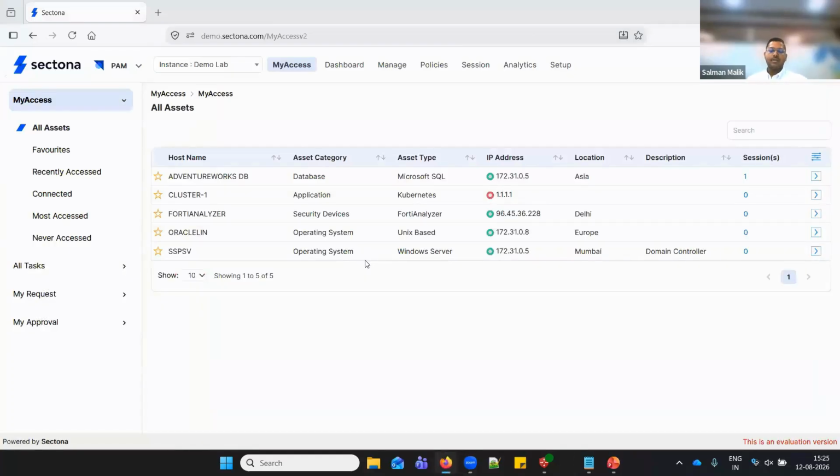Now, moving on to another section, which is the security and compliance section. In security and compliance, we have now brought in a capability to define password policies for emergency accounts. By emergency account, what I mean is, let's say, root account or administrator account, which are the built-in accounts of the operating system. Then on the database level as well, you have the SQL admin account, or for MS SQL database, you have the SA account. These are the types of accounts which you would, let's say, not want to rotate as part of the general password rotation policy.